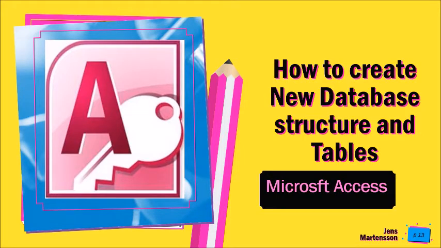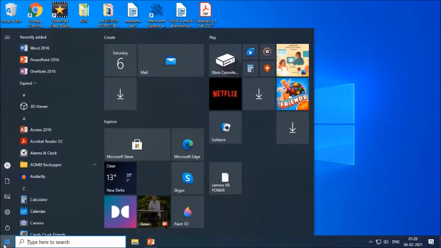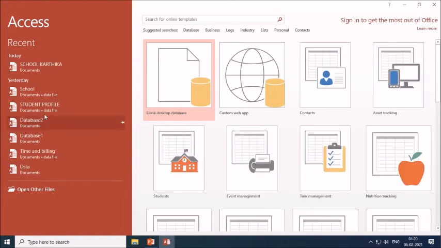How to create new database structure and tables in Microsoft Access. Let us create a new database called School Karthika. So click on Start to open Access, select Access and create a new blank database.